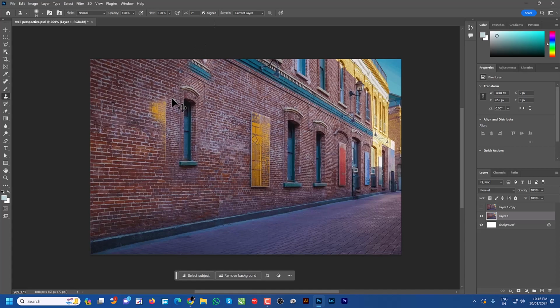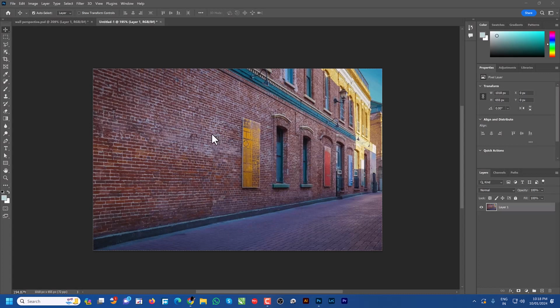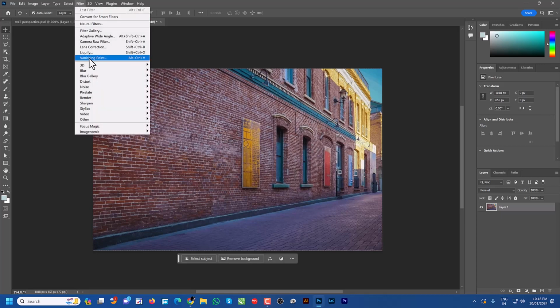So how can we do that? Let's start. To clone on any perspective plane, you have to first go to filter, vanishing points,